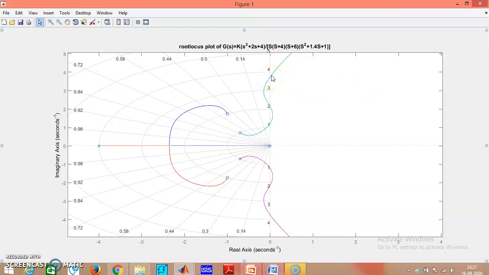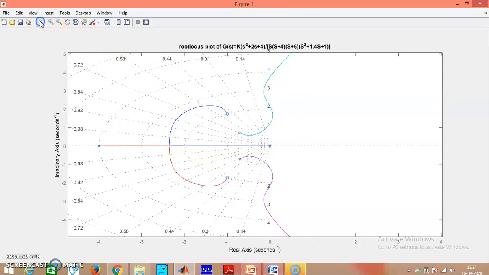So after crossing this imaginary axis, the system will become unstable. Similarly here also you will find that the root locus is crossing the imaginary axis in the negative direction. Now the crossing of the j omega axis is very important. So if I click on this particular point,